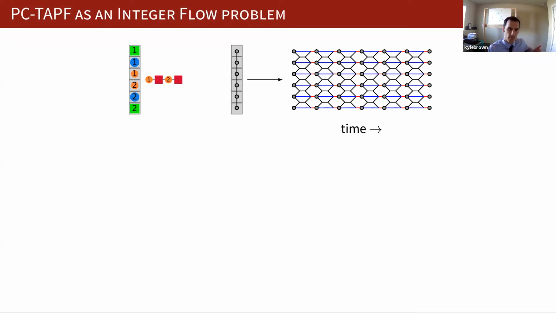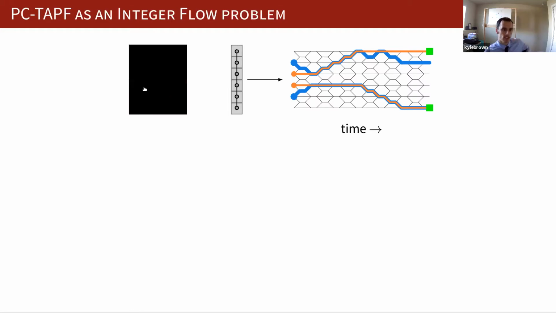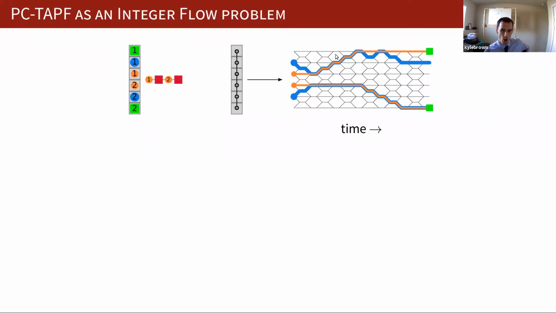And now our task becomes to find flows that move through this graph from the starting locations to the goal location. So we have different kinds of flows. One is a robot flow, which robot flows are shown in blue. Object flows are shown in orange. And so it might not be immediately clear how finding these flows corresponds to solving a PCT-APF problem. But if you look at this video again, you'll see that essentially what this flow represents is the solution through time